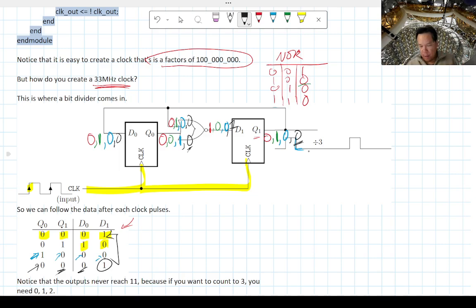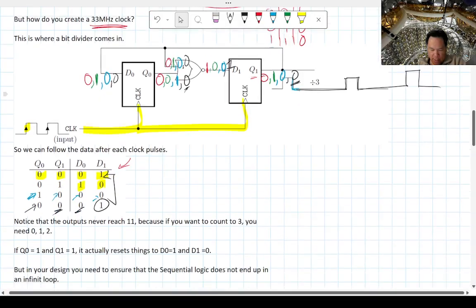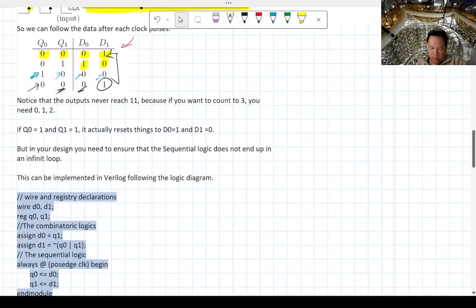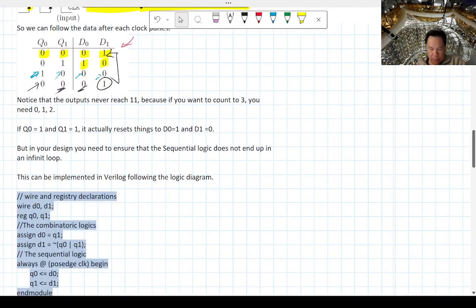Therefore, after 3 clock cycles, the output goes high. After 3 more clock cycles, the output goes high again. So this allows you to divide by 3. If you put in a 100 megahertz clock, you get 1/3 of that, or a 33 megahertz clock. Okay, so this is an interesting little circuit, and it's a good example to demonstrate how combinatoric logic,